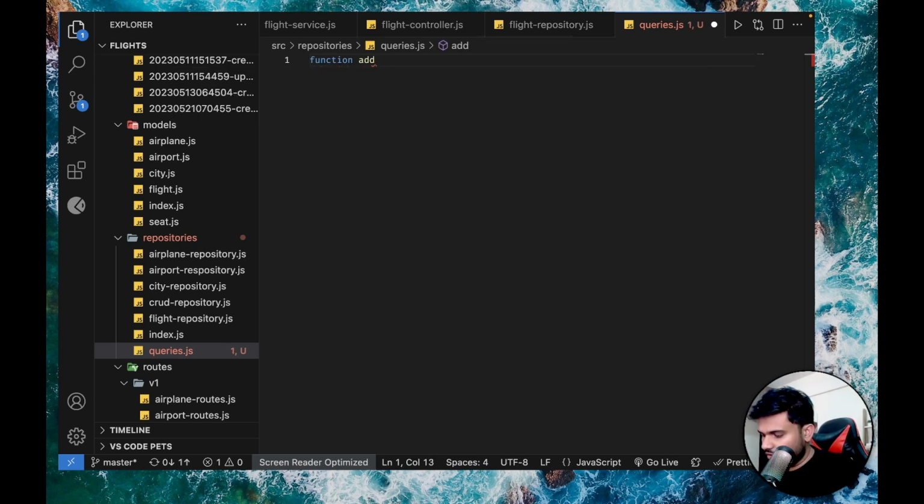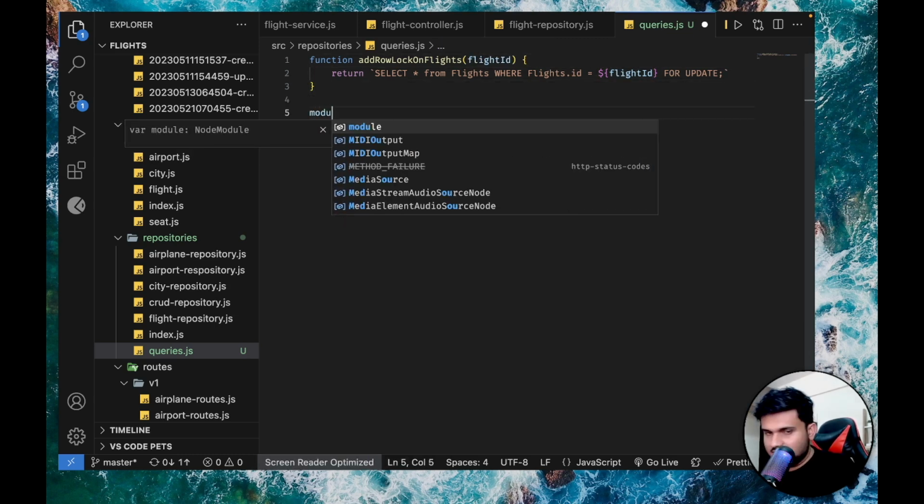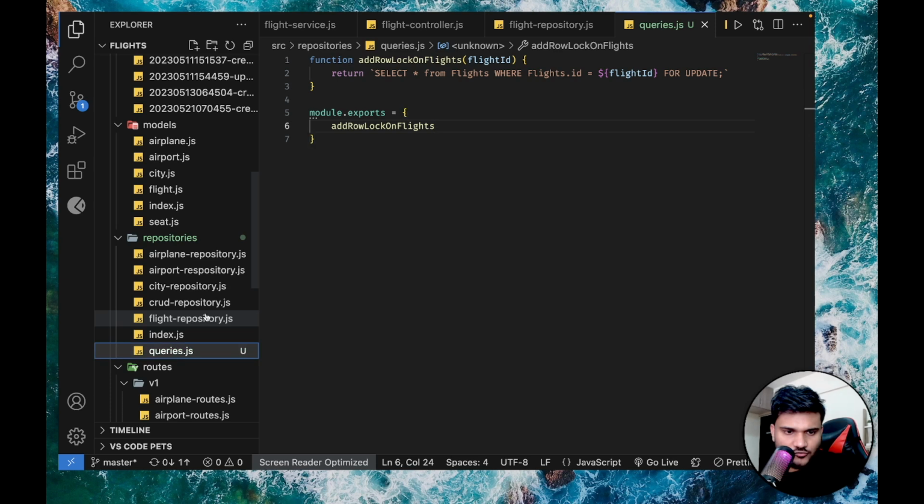Add row lock on flights. I will say return this, and this will get a flight ID as a parameter. I'll say module.exports add row lock on flights. Okay. Then I'll go to flight repository